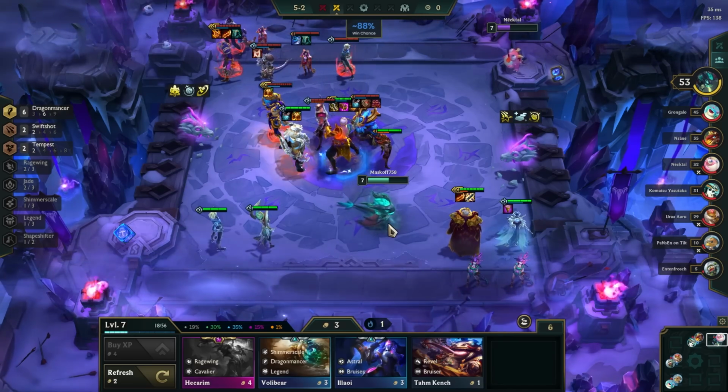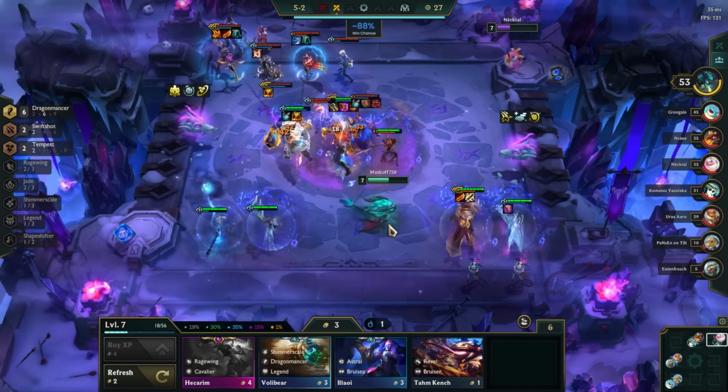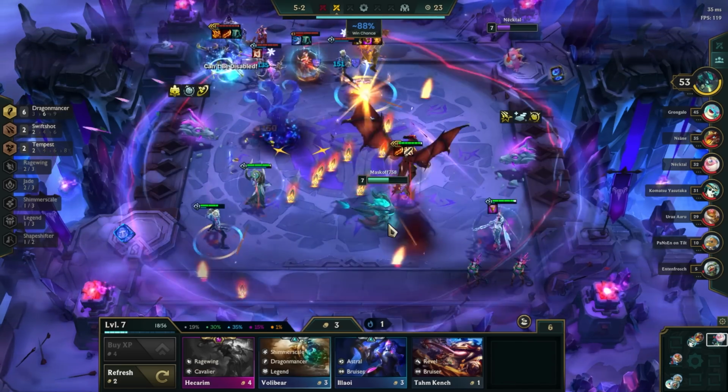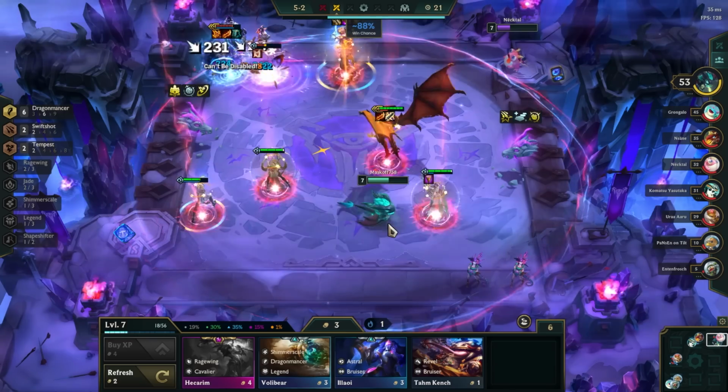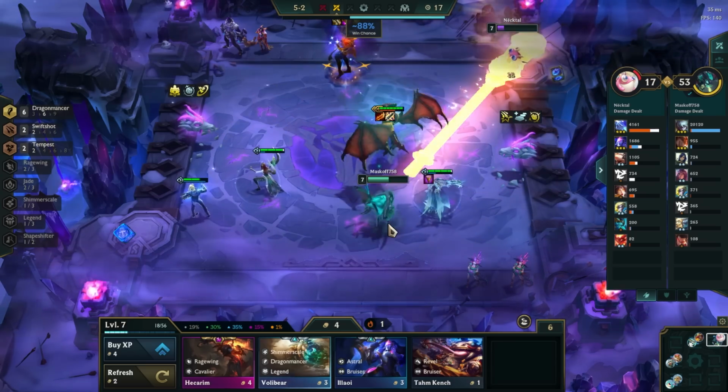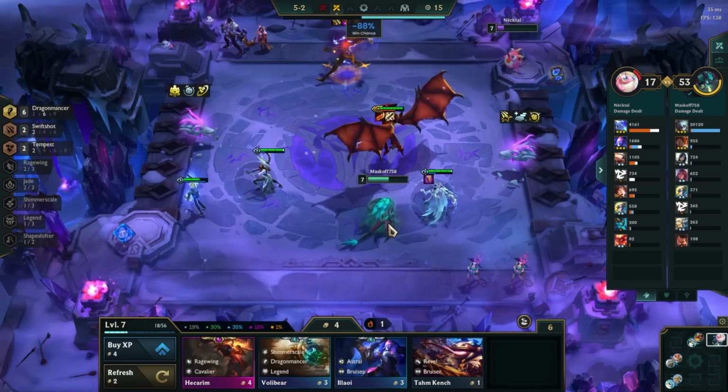3-star Lee Sin has continued to rise in power after the last patch, and has established himself as one of the strongest comps right now. With 6 Dragonmancer, Lee Sin gets a giant amount of HP and AP, and becomes an unkillable super tank that can one-shot multiple units. It's personally my favorite comp right now to play, and in this video I'll show you